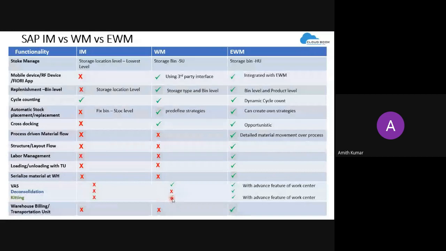Yeah, and this we already discussed, the transportation unit. So what exactly is it? We create a transportation unit for containers, or maybe for vehicles which are coming into the warehouse, and either we do unloading or we do loading into that, and then we continue with the process. So I just wanted to explain the difference between IM, WM, and EWM. Any questions so far on this